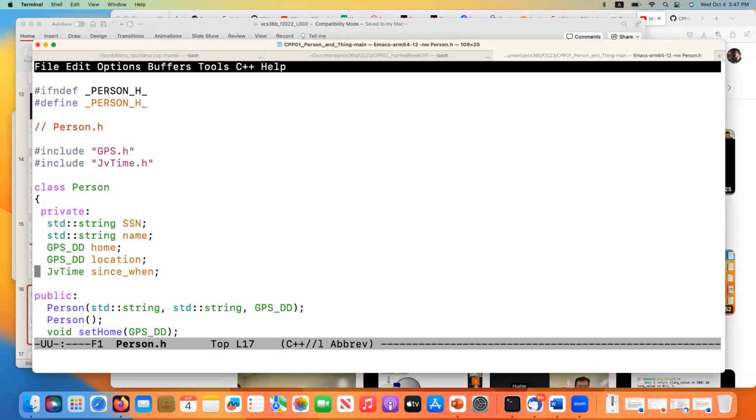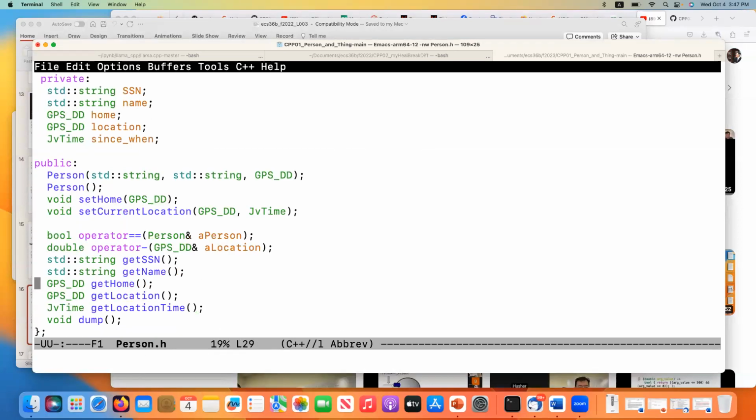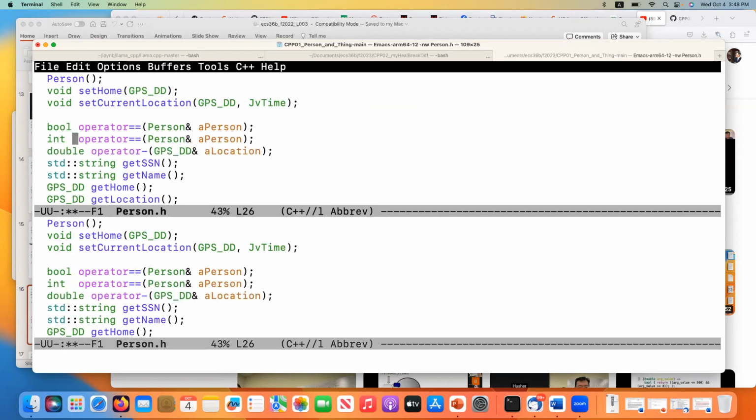In person.h, you see I have an operator overloading, which is saying whether the two persons are the same to each other. So it returns a Boolean, because equal is a logical operation that compares. But I can declare another one, where I say the operator equal returns an integer. I declare this other one, and let's go Control X, Control 2,